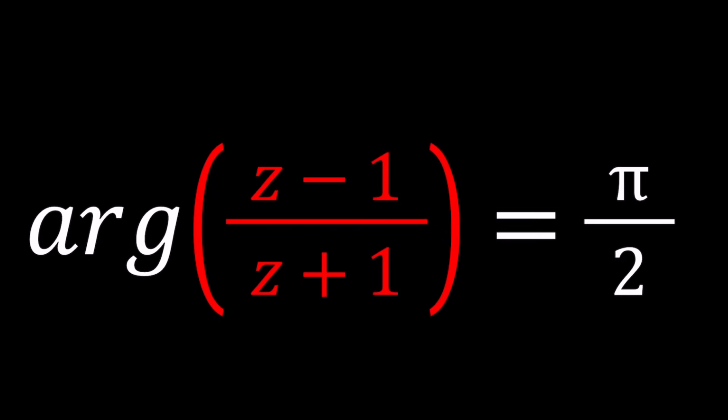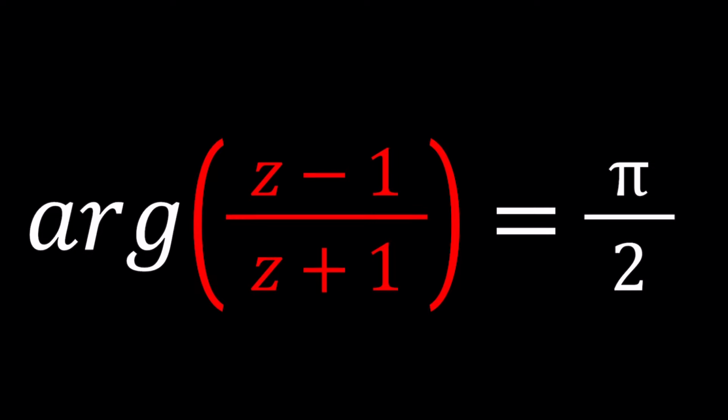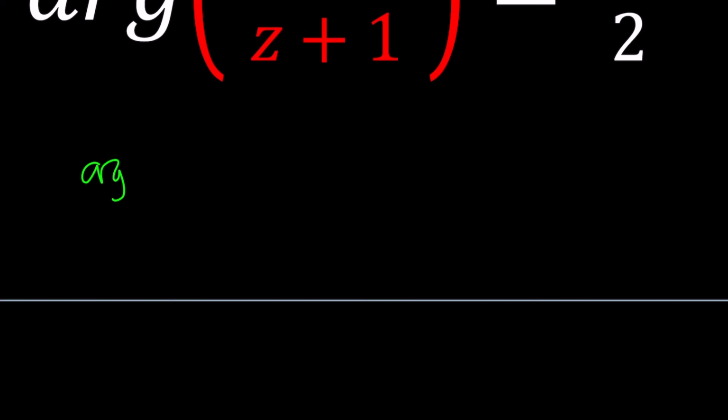This channel is all about complex numbers, and in this video we're going to be solving a locus problem with the arg function, which is the argument. So let's quickly talk about the argument of a complex number, and then we'll get into the solution. Okay? Alright, great. So the argument of a complex number z can be defined as theta if we can